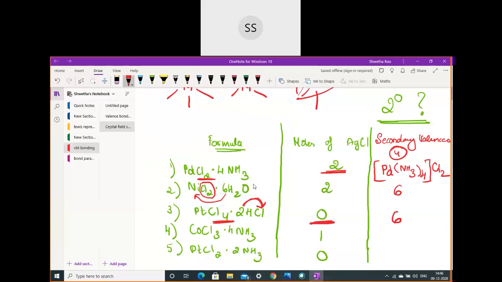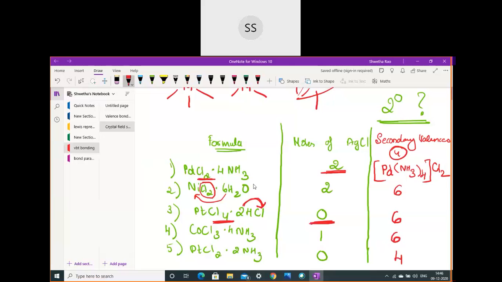In this case, you see, nothing is getting precipitated out. So what will be the valencies? For the third case, 4 Cl molecule is there and then we have again 2 Cl there, no? And Cl is not getting precipitated out. That means everything is attached directly to the platinum atom. Okay, so this 4 is also attached and the other 2 is also attached. In this case again it will be 6.